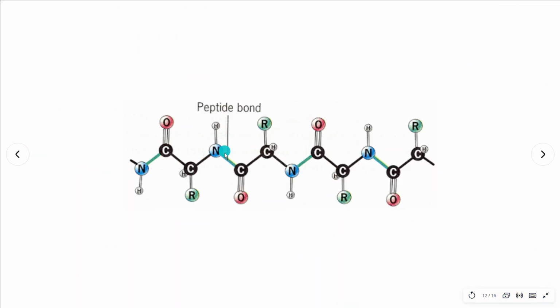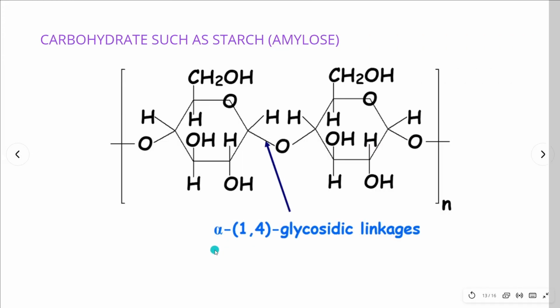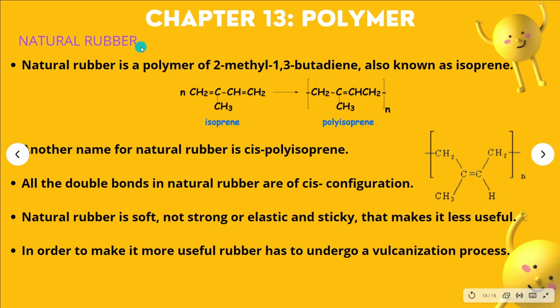It is linked by peptide bond. This is a second example of natural polymer, which is carbohydrate, such as starch, which we call amylose. Natural rubber. Natural rubber is a polymer of